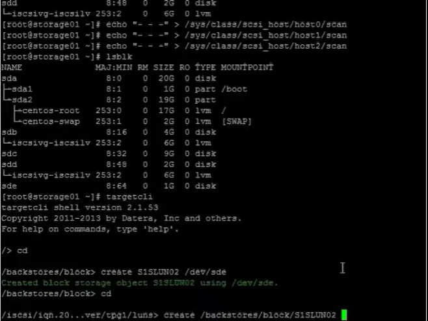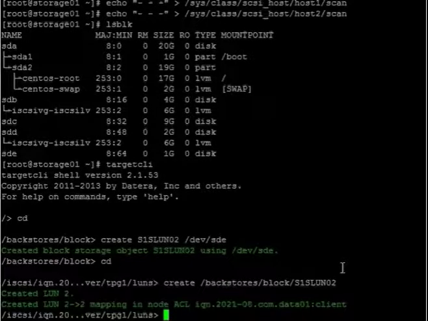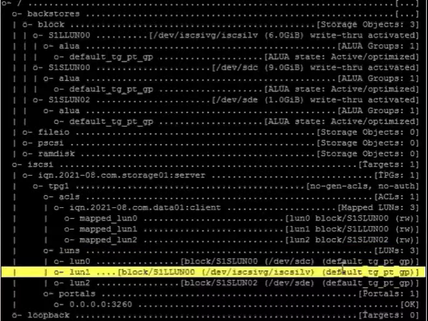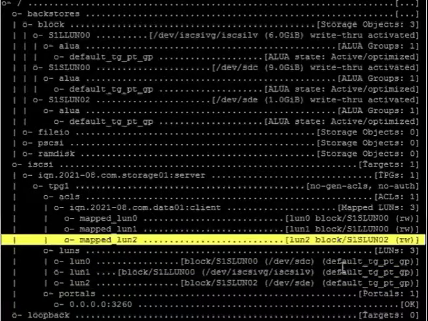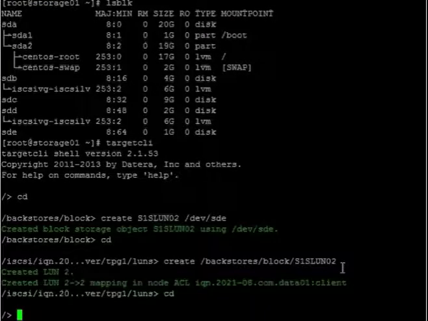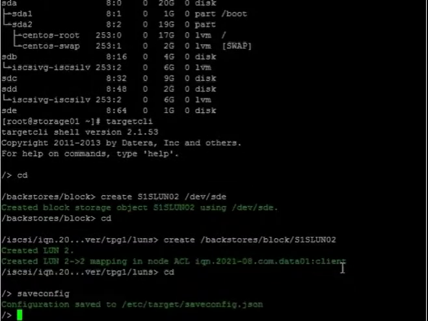So first the backstore block was created, and now we have assigned the disk. Now just save the configuration and exit. You can see now there are 3 LUNs assigned. Now let's save the configuration and exit this target CLI utility,